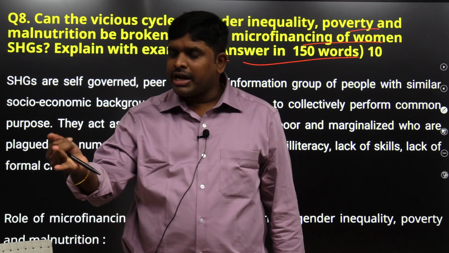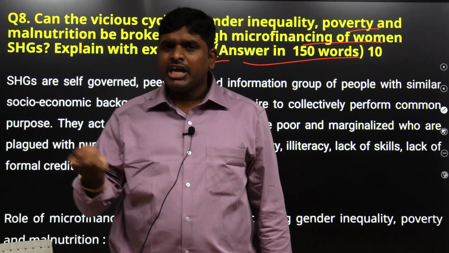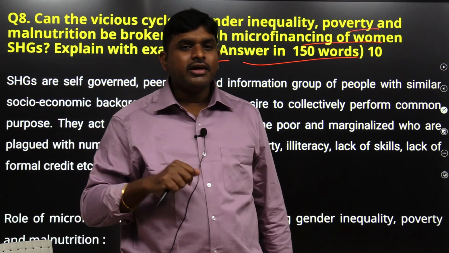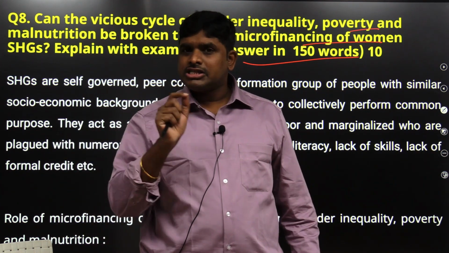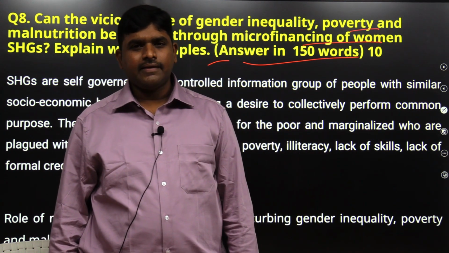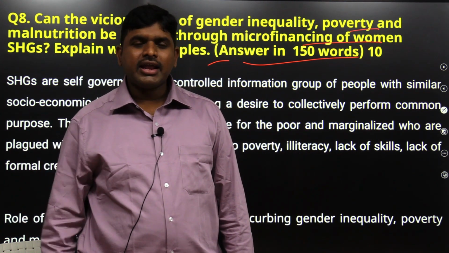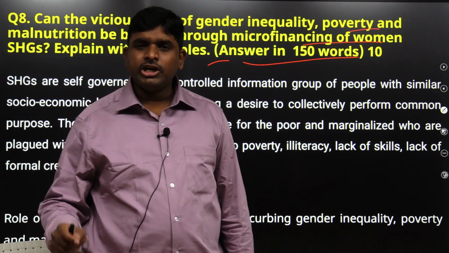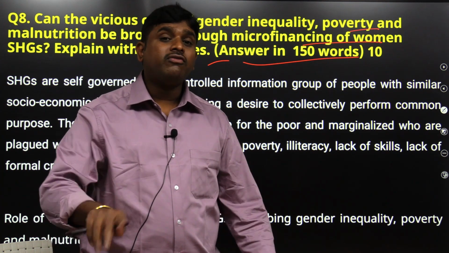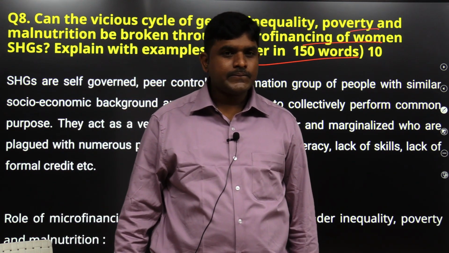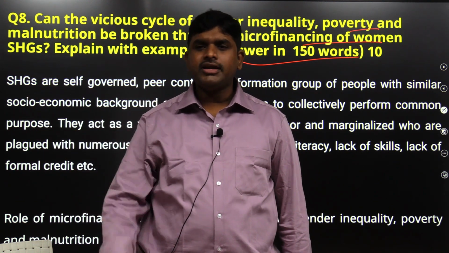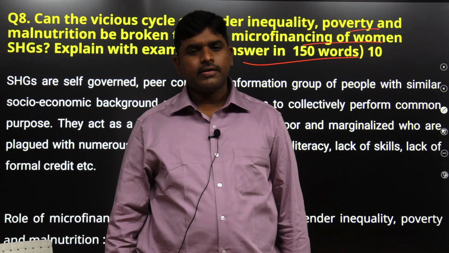When social development, economic development, political development happens, if any gender inequality or any social evil is there, why will they bear it? Because they are empowered now. Self-help groups help in empowerment. For example, the Kudumbashree program of Kerala. 50% of the Kudumbashree members became Gram Panchayat or ward members of the villages. A successful self-help group in India is the Kudumbashree program of Kerala.